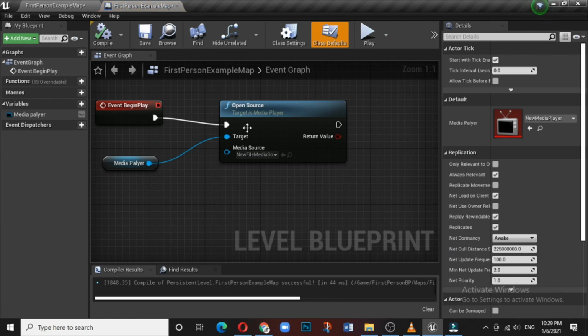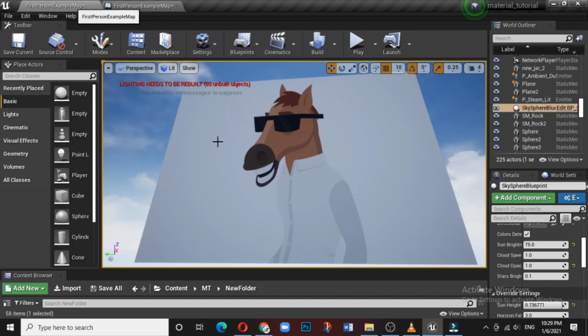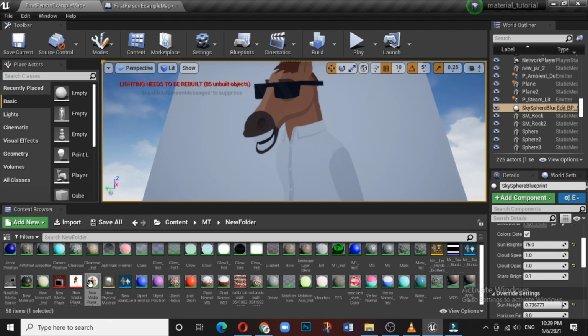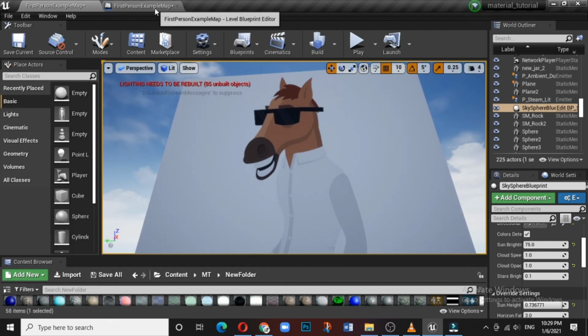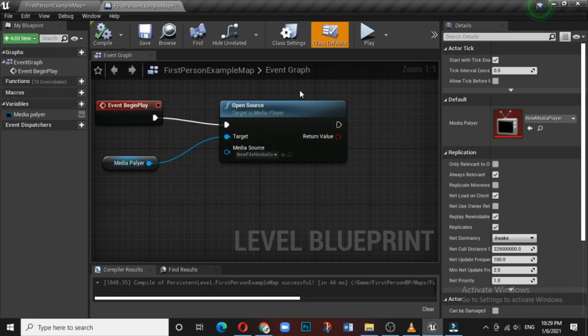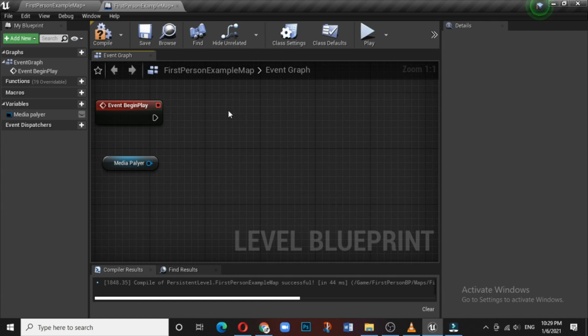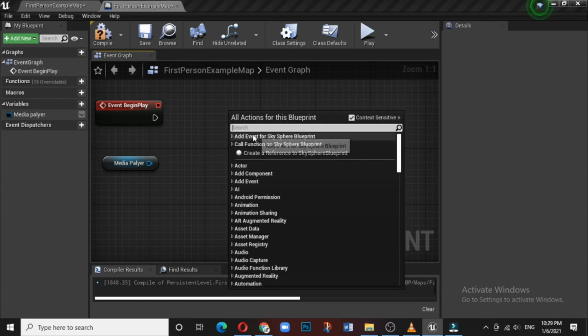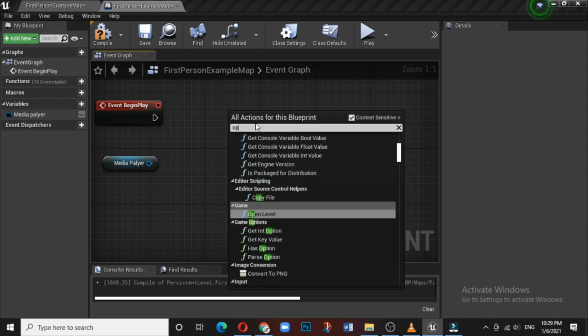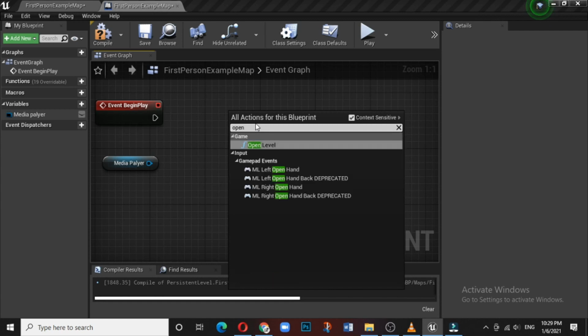Now why these three boxes, especially this open source? Because in the main we have selected a media file. So this open source will be there and it will come by default. Or let us suppose it is not available, what you can do is you can right click. Here you can type open source.